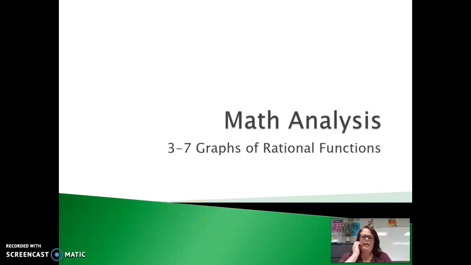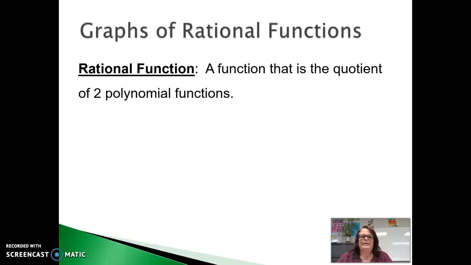All right, so today we are going to be talking about rational functions. This was the type of function that I said we'll talk about later on, so it's now later on. Rational functions are defined as the quotient of two polynomial functions. Think about it this way, the word rational has the word ratio in it. So that means that the function is a ratio of two other polynomial functions, as long as our denominator is